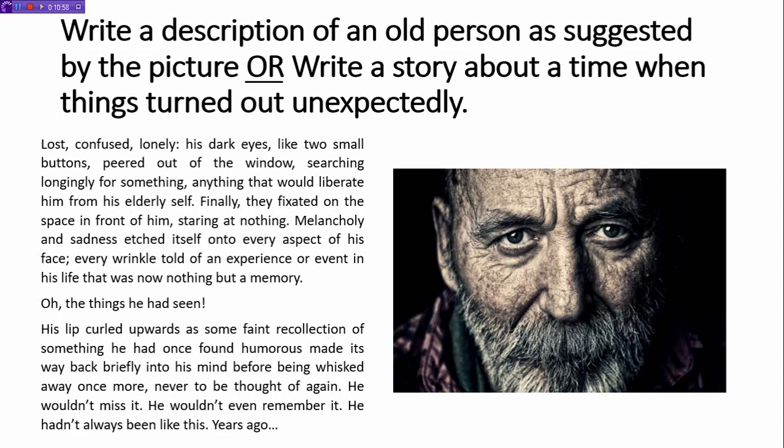Okay, so if we look at this example, thinking a description of an old person is suggested by the picture, or write a story about a time when things turned out unexpectedly. This is a very typical rubric for a question 5 on paper 1. Now you can see the picture there of the gentleman, and if you were to look at him and think, right, I'm going to describe the old person as suggested by the picture, if you were taking the picture at